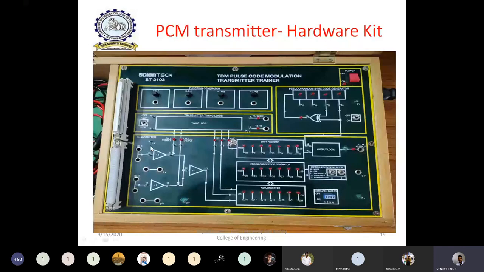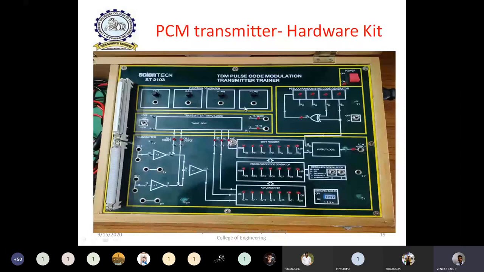In this particular PCM transmitter diagram, this is entirely the PCM transmitter only. There is a separate hardware kit for the PCM receiver. In this PCM transmitter, let us observe the function generator, where we have 4 different input knobs. 2 knobs are DC1 and DC2, that is DC signals, and the other 2 are AC signals having sinusoidal frequencies of 1 kHz and 2 kHz. I will explain why the DC and AC signals are given separately in this experiment.